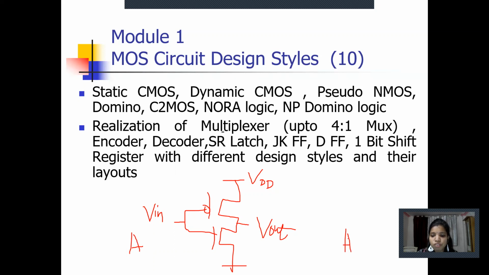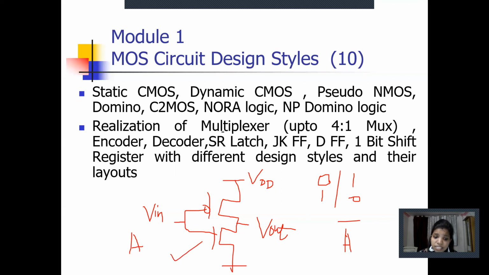In terms of analog, if the input is 0 volt, the output will be 5 to 10 volt, depending on the power supply, because the output cannot exceed the power supply. If the output is high, then the input will be low. In terms of the Boolean truth table, from 0 we get 1, and for 1 we get 0. This is the main logic in the whole syllabus. So this is the CMOS inverter. It is called CMOS, complementary metal oxide semiconductor, because one NMOS and one PMOS are complementary in nature. That's why it's called complementary.